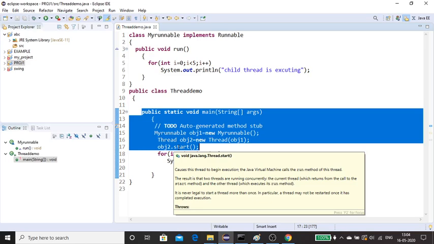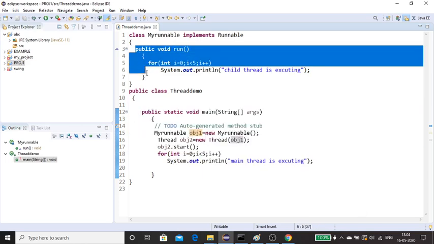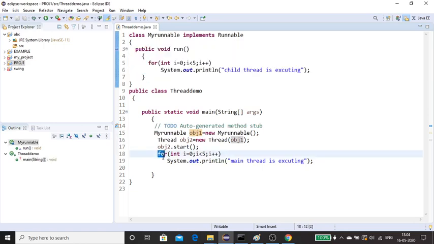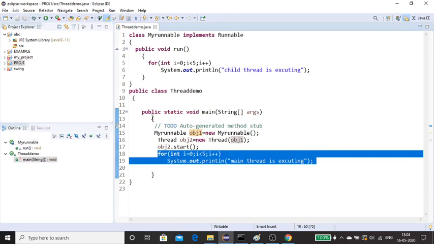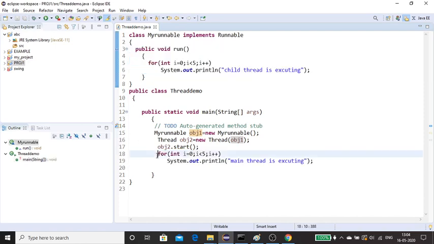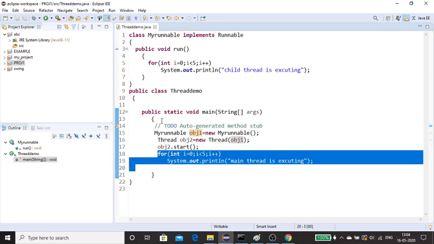The child thread executes whatever is written within run, and the main thread continues executing these two lines. Both threads are running parallelly. The child thread executes this one and the main thread executes this one. That is the reason you get a different output each time you run.